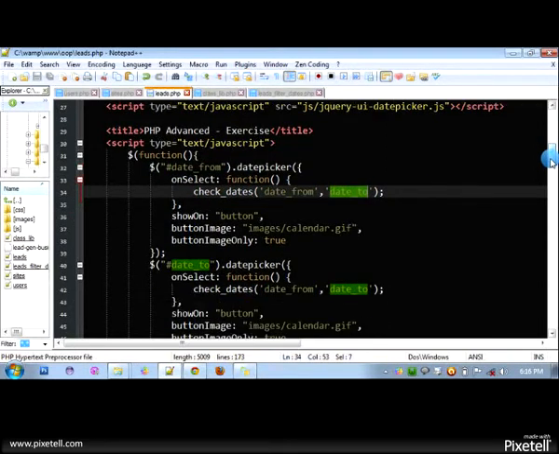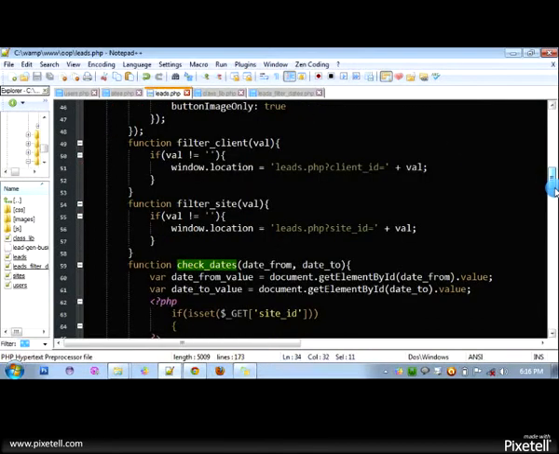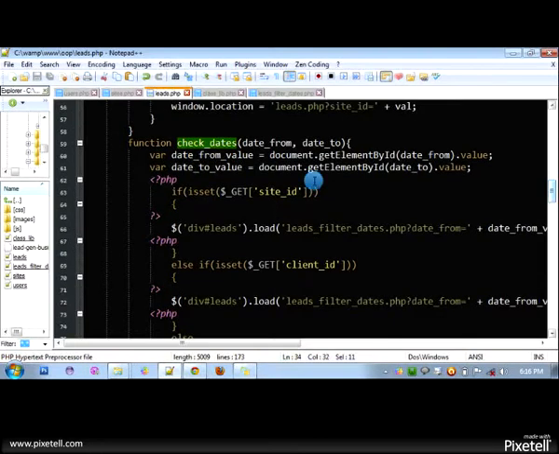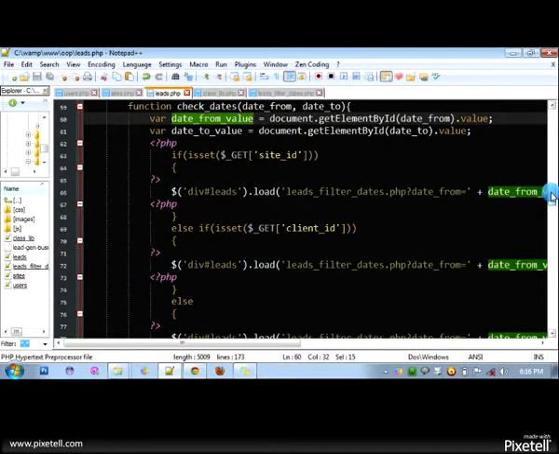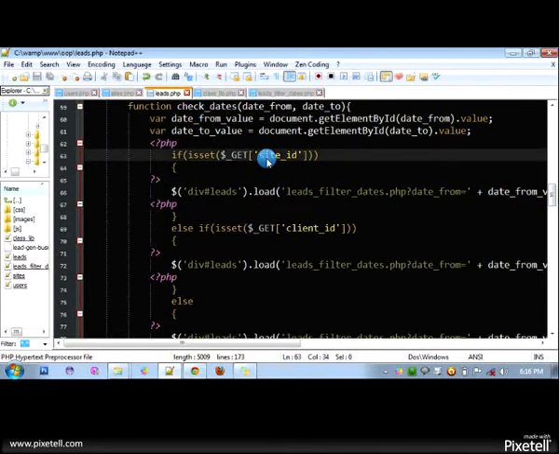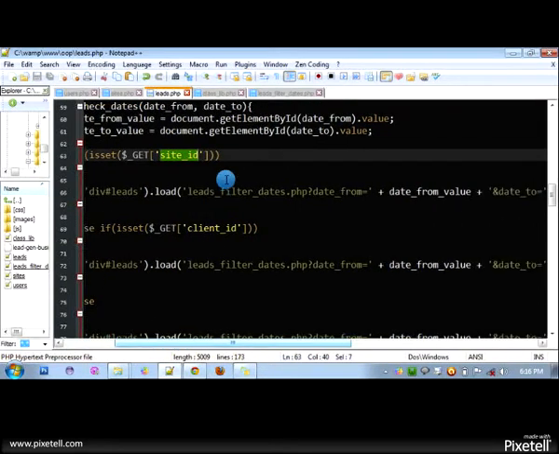So let's go with the check dates function. This one, check dates, has the two parameters. The date from, document date from, which is the equivalent of the ID date from value, is stored in the variable date from value. In the leads.php, if the site ID is set, it will load the leads filter dates.php,